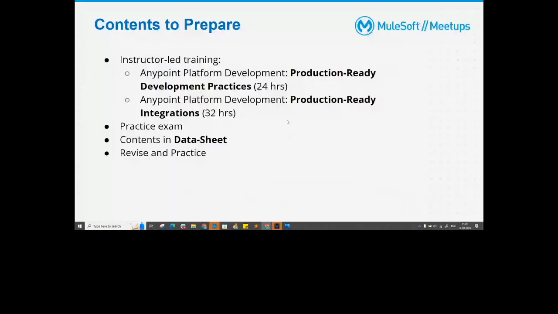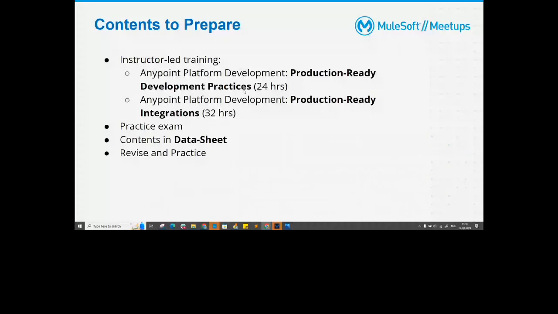First of all, what do you need to prepare for this L2 examination? All the contents will be provided under the instructor-led training program run by MuleSoft. There are two training programs. The first is Anypoint Platform Development: Production Ready Development Practices, which is 24 hours.